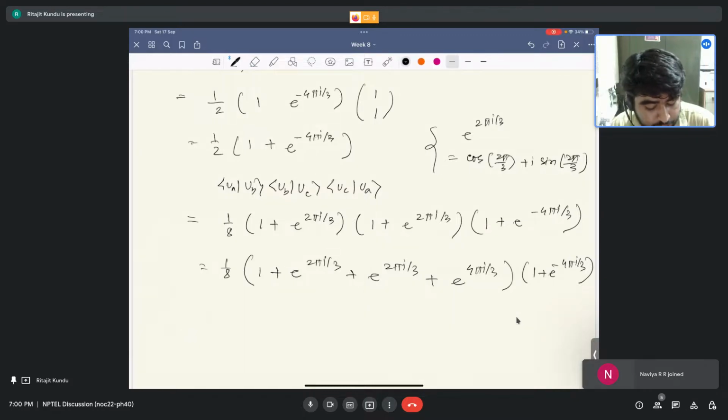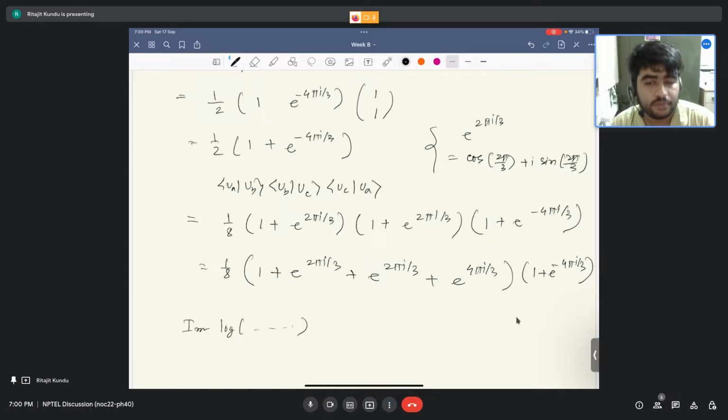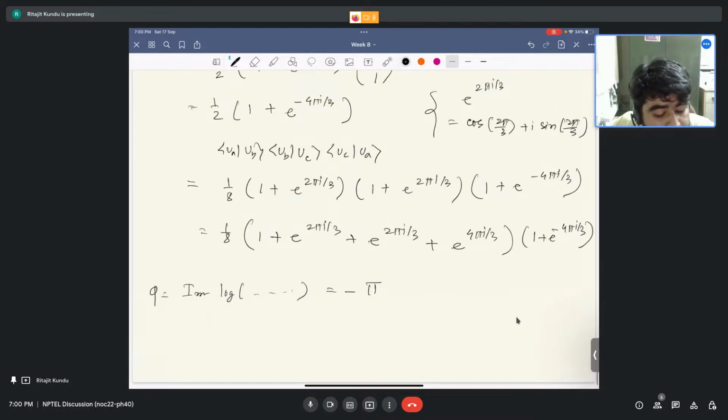If you calculate this imaginary part after taking the log of this whole quantity, which is the Berry phase, you will see that this becomes actually minus pi. This is a little strange kind of thing, because when you look at normal daily objects and say we are moving a daily object from some point to some point, and some point to some point,